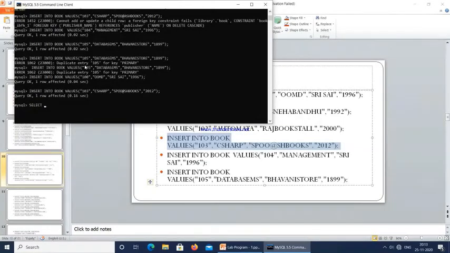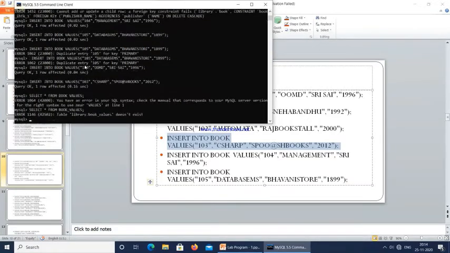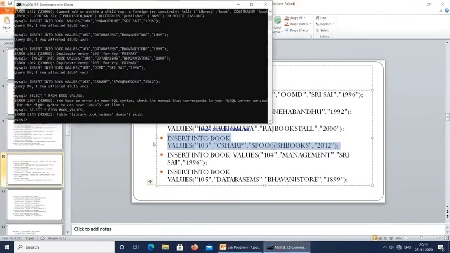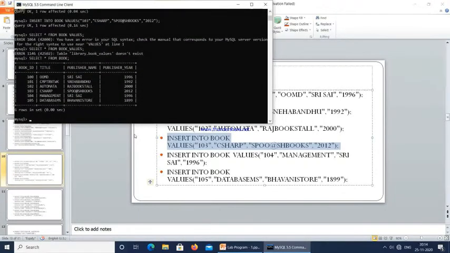So select star from book. In the book table we have inserted this data.